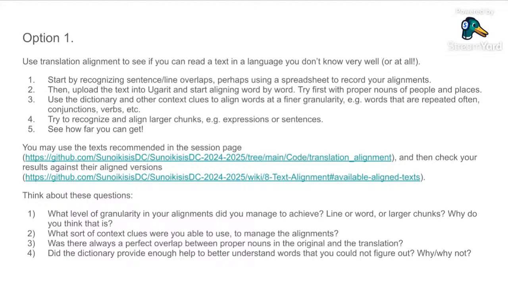And the advantage of using those texts in particular is that we have also provided already aligned versions of those texts, so you can actually double check your work at the end. But you do not have to use those texts necessarily, because the goal of these exercises is actually to reflect upon the operation of alignment, not necessarily to come up with a perfectly aligned text. So in the first variation of the exercise, you can copy and paste those texts in Ugarit